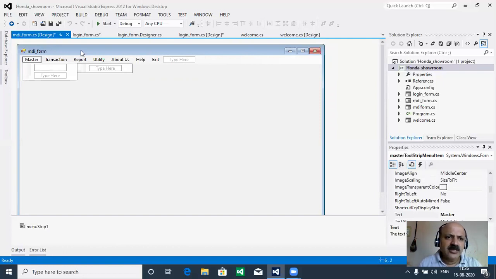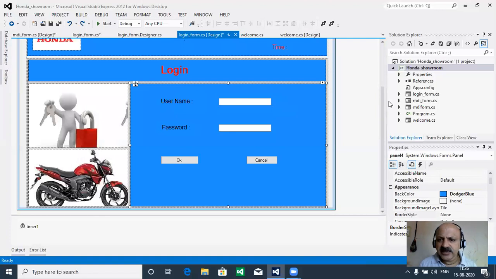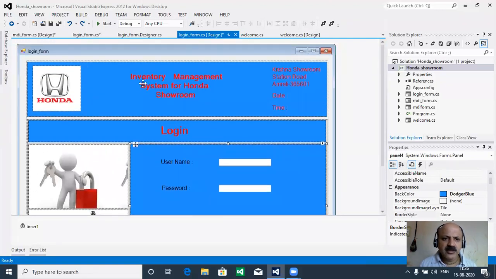And that is our title, we can check our title. So here first is our design, and that is a header panel. In that panel we can define the inventory management system for Honda showroom. So in your project, like management system or admission process or hotel management, whatever that is, you collect your information gathering and complete your analysis part, and then data flow and data dictionary, and then come to the MDI. You can take it step by step, go ahead in your project; do not go too fast or too slow, maintain your speed to develop your project.